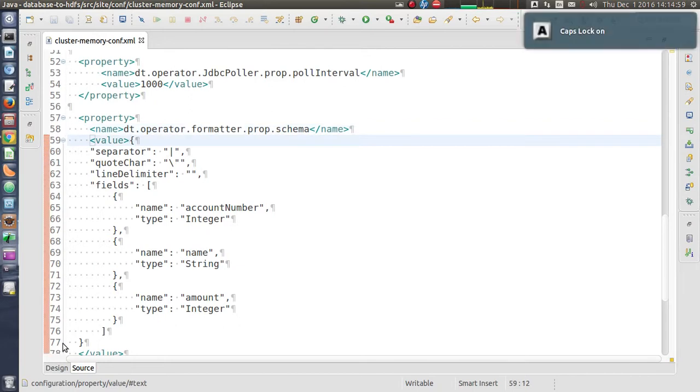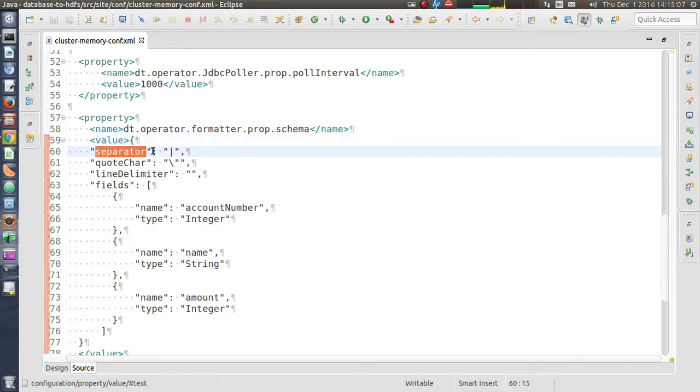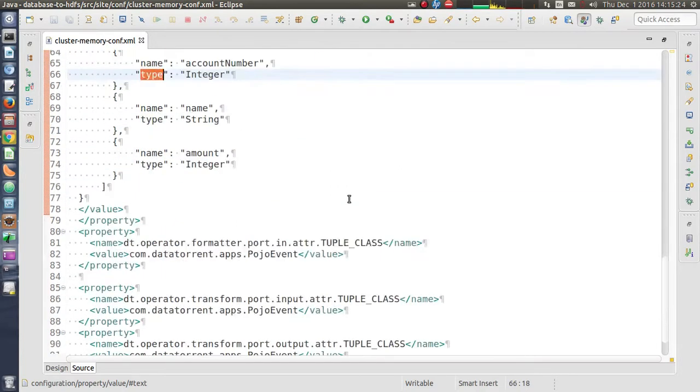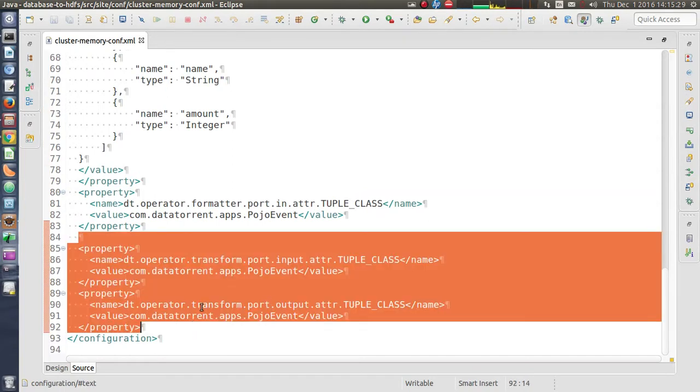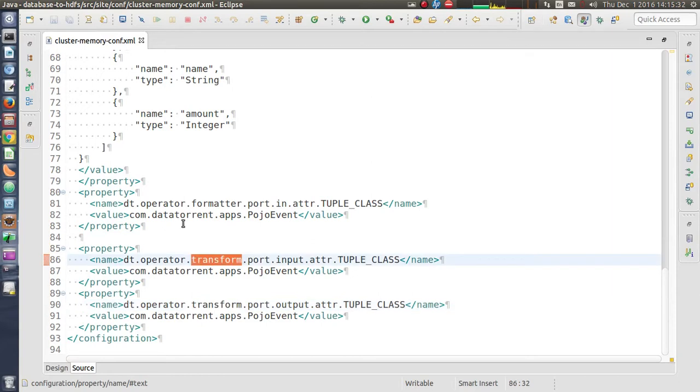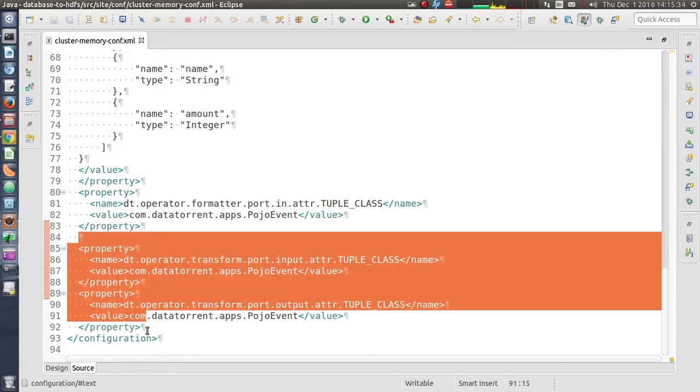It is a JSON string, and the fields in the JSON are mainly the field separator, which is pipe in our case, and then we have an array of fields, which are the individual fields in the Java objects with their respective types. And at the end we have two properties for the transform operator. We will revisit these properties later.